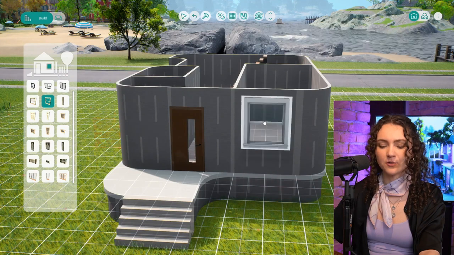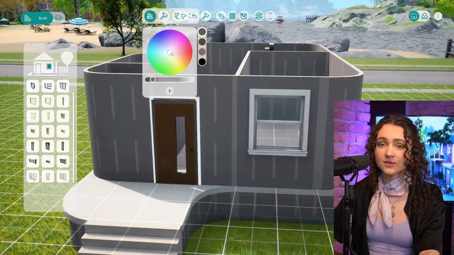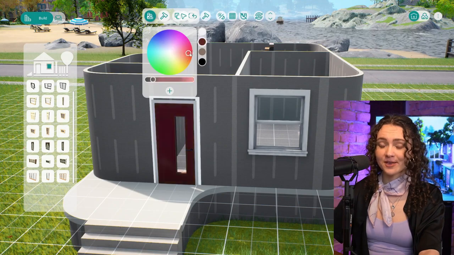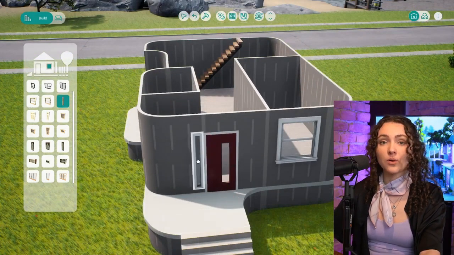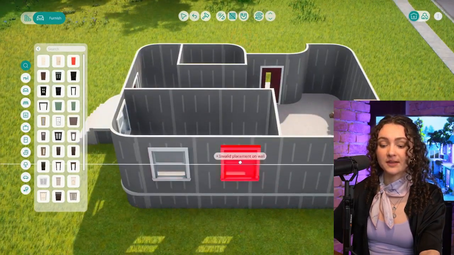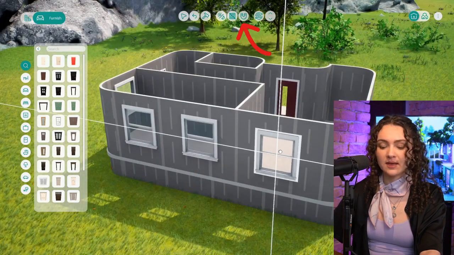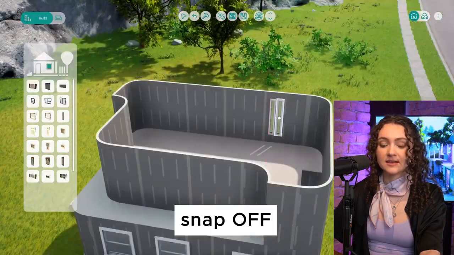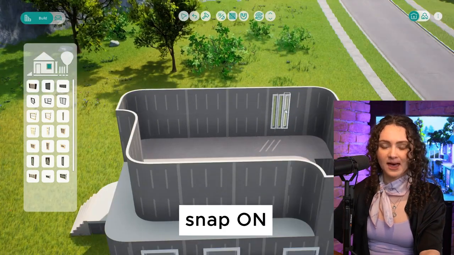I'm adding some doors as well as some windows to the house. And as you can see, we have an amazing color wheel feature. I will keep using it around the whole house. For placing the windows and the doors, I usually recommend turning off the grid and using the snapping. As you can see, they can sideways snap to each other, so you can have the same height on your